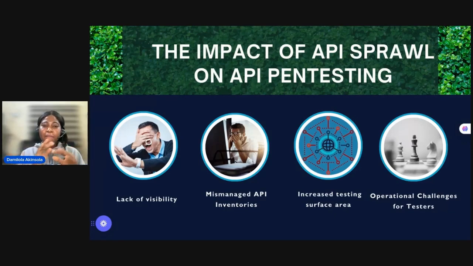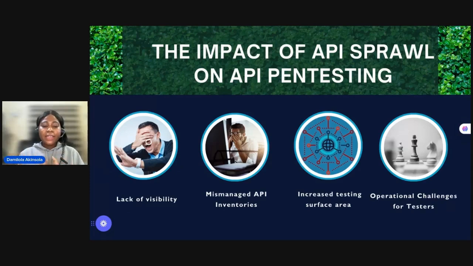But if you have partial documentation, you get to see some APIs in your environment, but you're not aware of some other APIs that could be exposed to the public, and you don't pay attention to them. It could be those APIs you're not paying attention to that are actually vulnerable. But the ones you're paying attention to, you're like, oh, you're fine, there's nothing actually wrong with it, you feel safe. But that's a false sense of security. So lack of visibility is really a great problem.